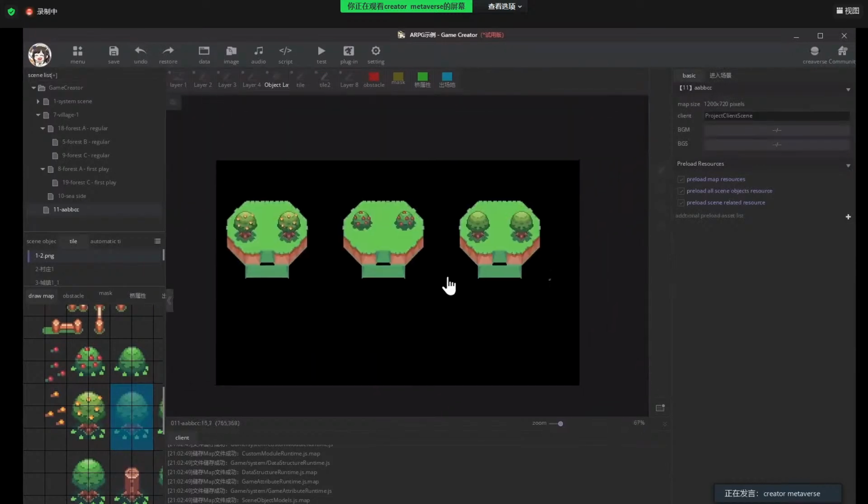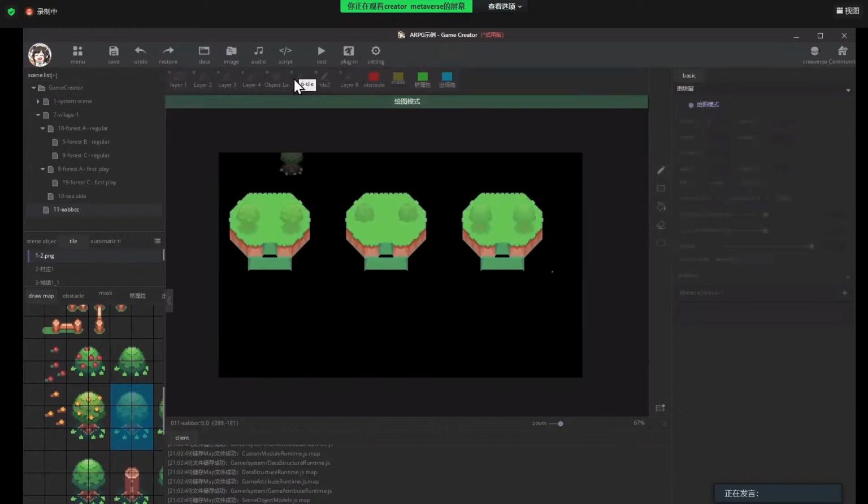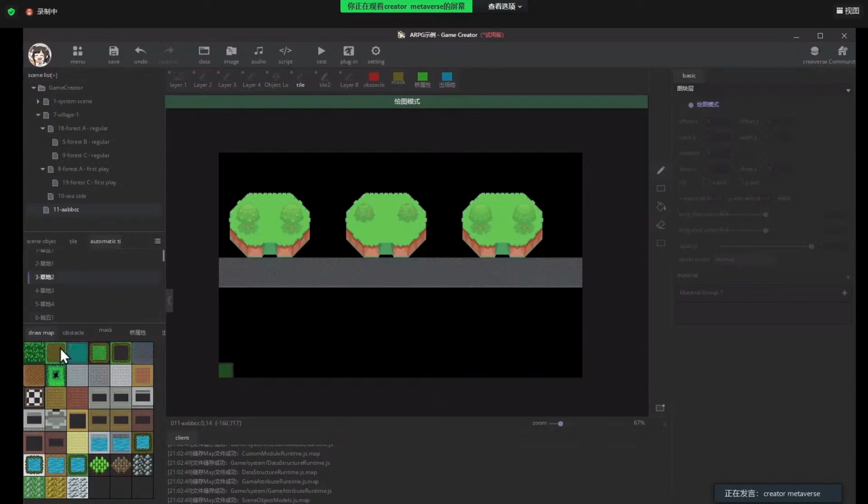Now we zoom in a little bit. And back to this layer, rocks on the ground. So we can drag and release.